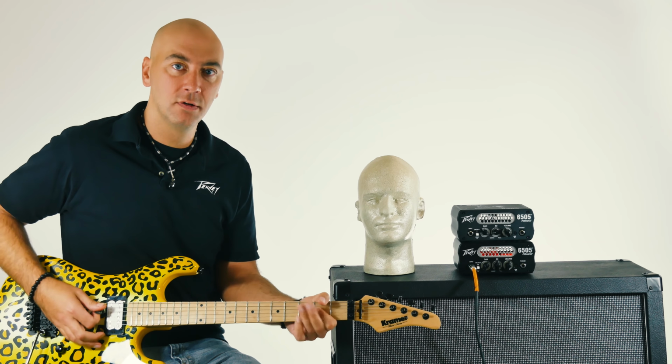So let's scoop it for that metal. And then we'll go to the full 7s. It really, really increases that mid-range scoop. I'm telling you right now, if you don't have one of these in your rehearsal room or in your little practice studio, you are missing out, because this little thing is